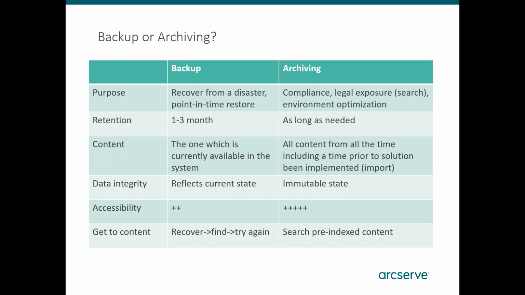Data accessibility. When I say accessibility, I mean what you need to do. Obviously, you look for an email for a certain reason. You need to read the content of it, right? So getting to the content of an email is a much better option with archiving. Archiving provides pre-indexed content search, so you can find anything you want from a single graphical user interface. You don't need to do any other steps. With backup, you need to recover the content, then you need to index it somehow, and then you try to find the content. So it might not be straightforward.